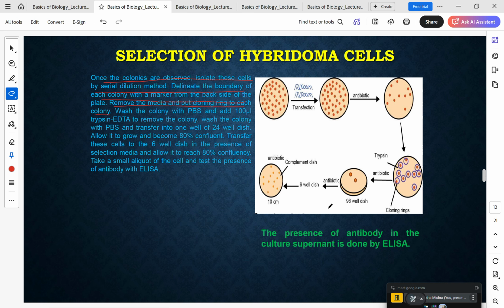The process is fairly optimized, so you can modulate the settings on the cell sorter if you want it to put two cells instead of one cell; that can also be done. But because we want a single clone, a single cell is put into each well, and then you let the cells grow. Once the cells are confluent, you can then expand them to a bigger dish for testing.